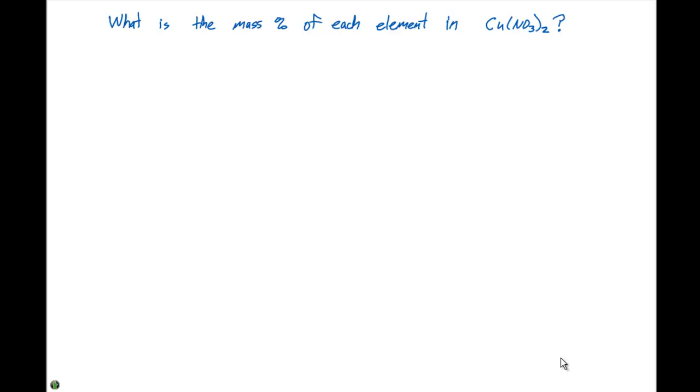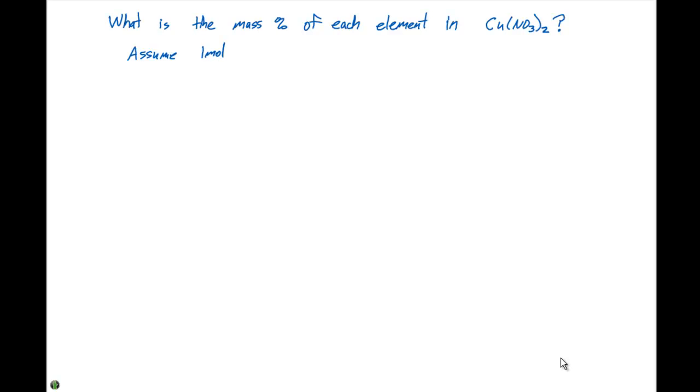So here we're asked, what is the mass percent of each element in copper(II) nitrate, which is Cu(NO3)2? We've already talked about molecular weights and how to calculate them, and we're going to need the molecular weight to solve this problem. So we're going to assume that we have